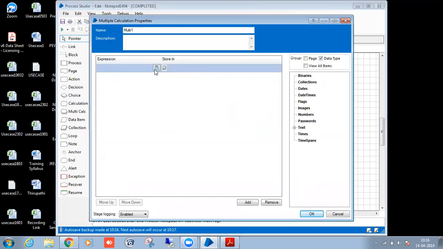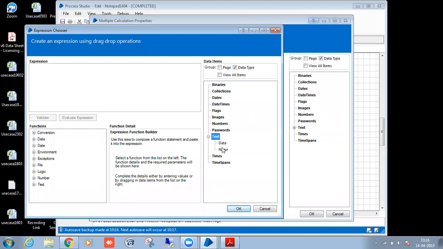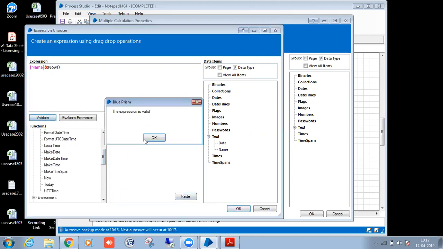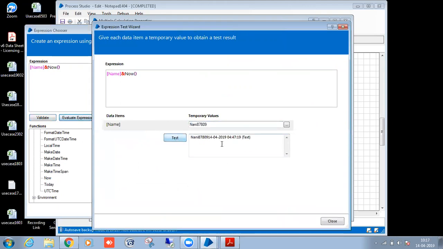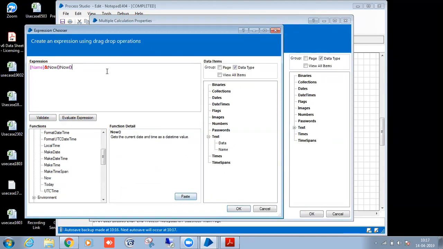So what I will take: name, person with today, and now I will take now. So date, now. So it will execute like this. Okay. Here we have to make sure the name does not contain these characters, right? So we have to replace those characters. Okay, so how to replace those?